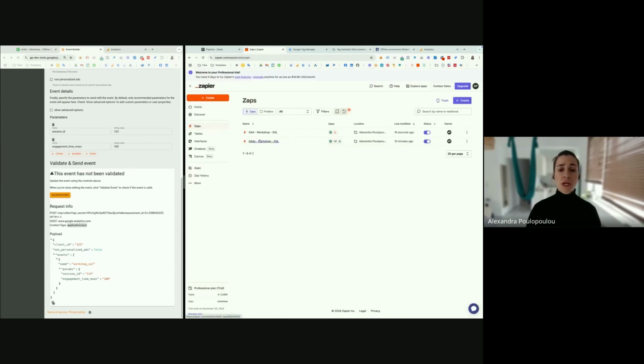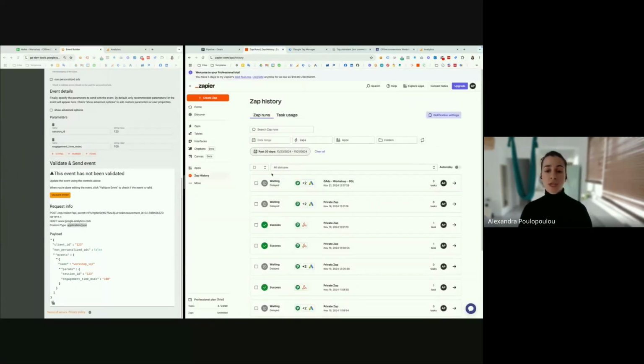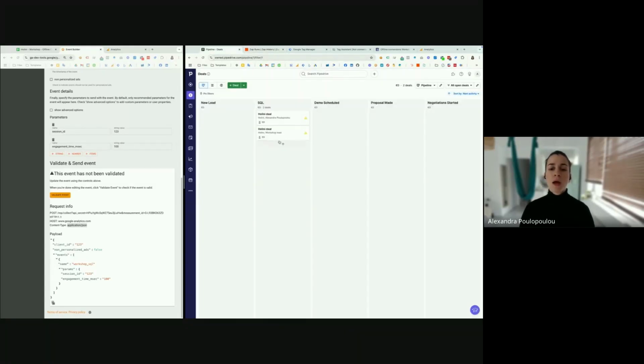Again, going back to Zaps, we have GA4, we have Google Ads, and we have already triggered a Google Ads workshop SQL. So let me go back to our deal and go to the SQL phase again.